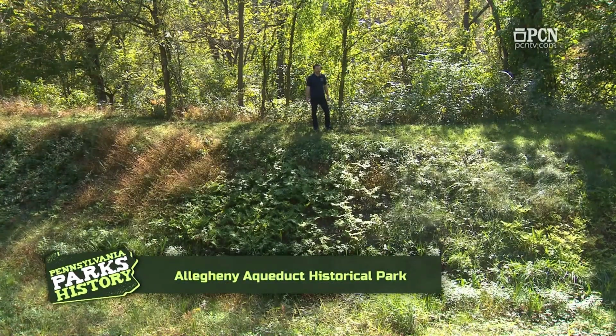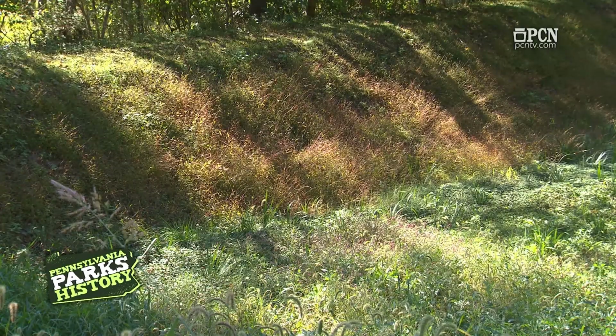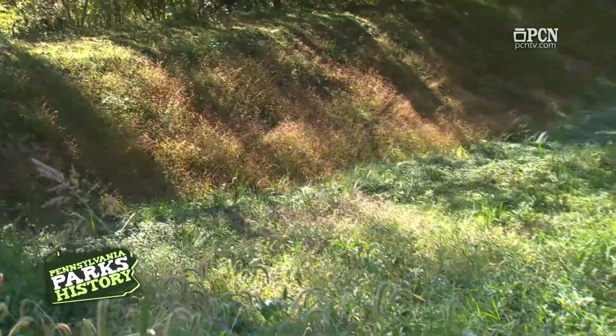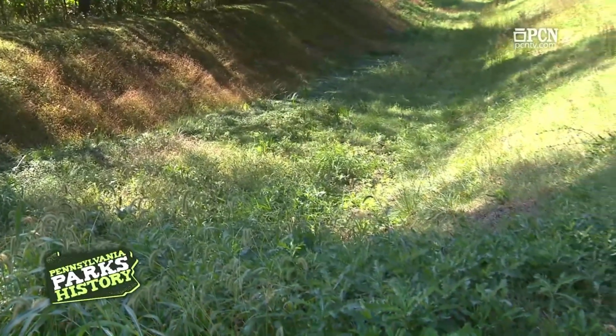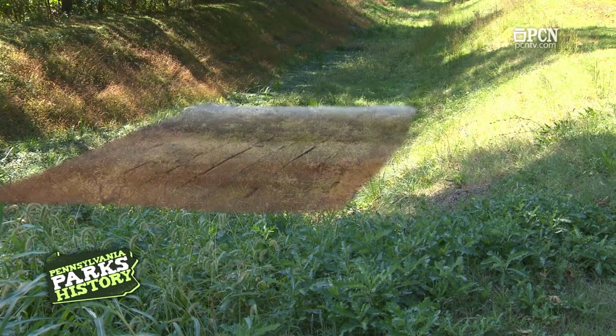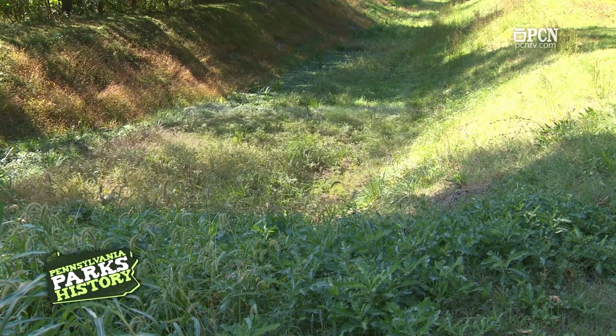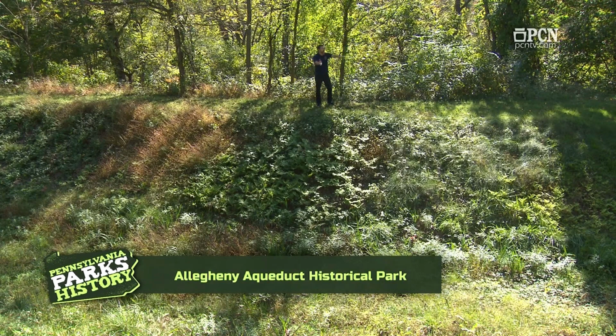Now today when you take a look at this area, you obviously have this bowl-shaped divot here in the ground, but back when this was in operation from the late 1820s and on, you would have found a more pronounced rectangular ditch here cut into the ground, usually about 8 to 10 feet deep. The canal would have had wooden planks on the bottom to help keep the water inside. And if you can picture a barge, a canal boat, usually about 90 feet in length, and almost stretching from each side of the canal itself,